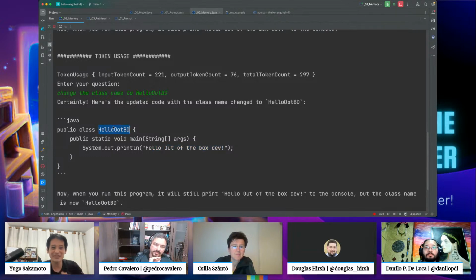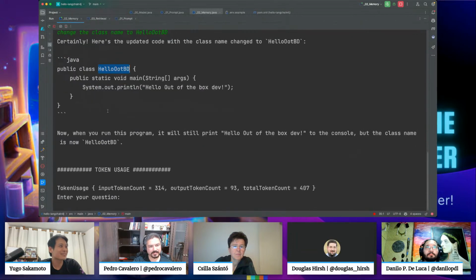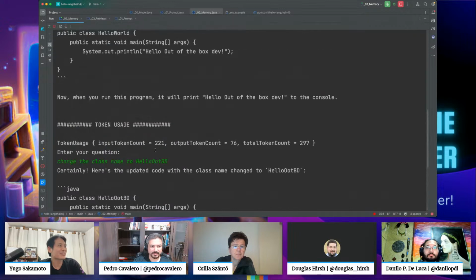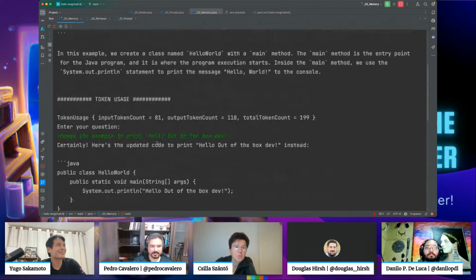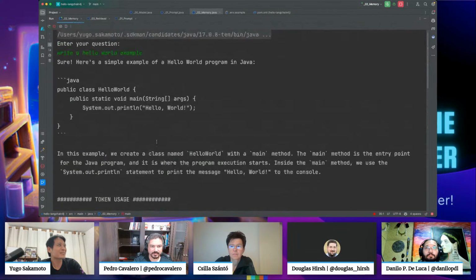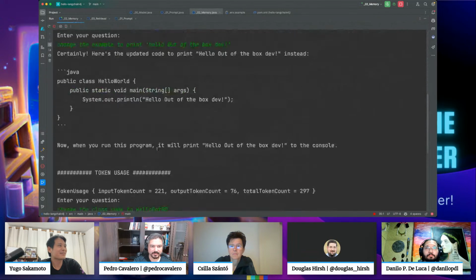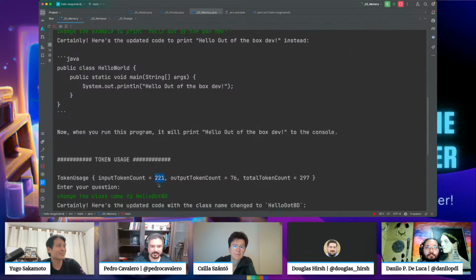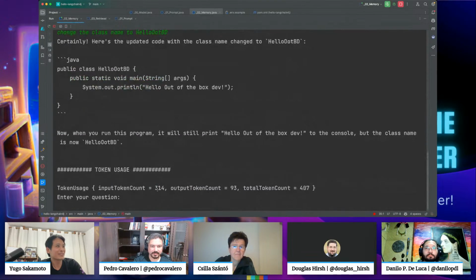So it keeps the context. You can see that it just remembers what I'm saying. But if you see the number of the tokens that I'm sending, you can see that it's increasing a lot here, right? It started with 81 tokens and then became 221 tokens and then became 314 tokens.